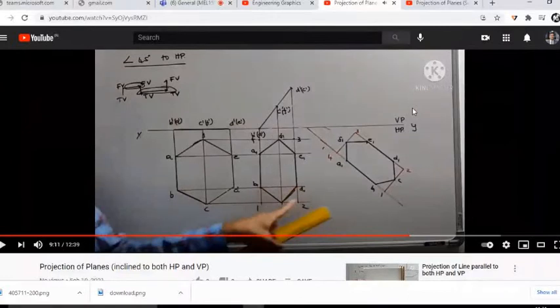So here the link, I'm saying link, right? The link means the dimensions of the front view in the simple position and the front view in the second position are the same. Okay, that's what I'm talking about, that link. Only the orientation is changing. And similarly, between the second position and the final position, the dimension of the top view will be exactly the same, only the orientation will get changed. Okay.